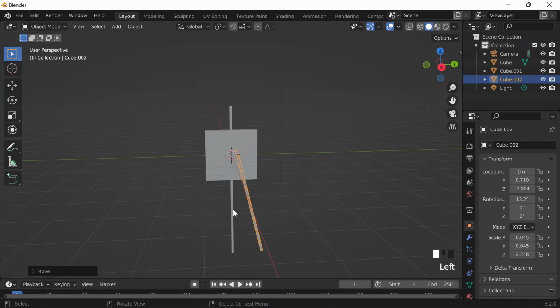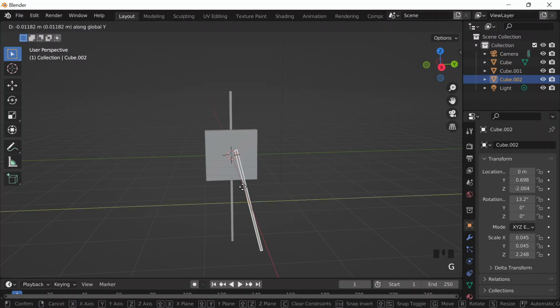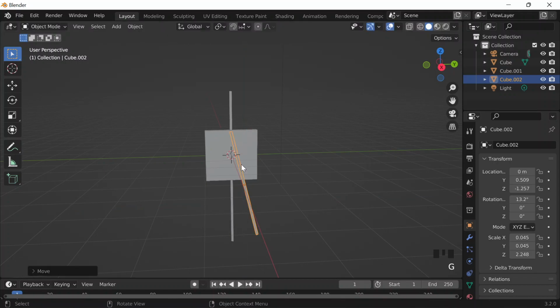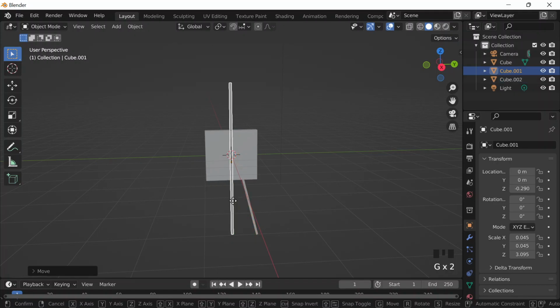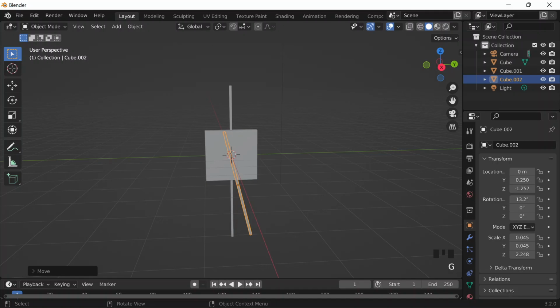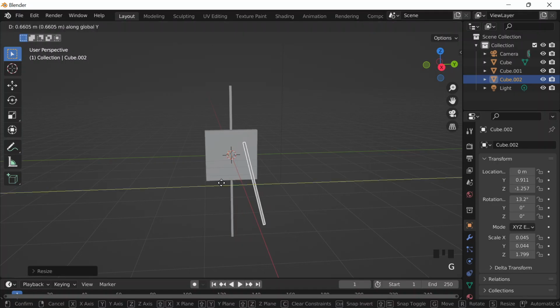Maybe this can go G, grab, G for grab, and then Z, and then move this, G, Y, like that, and then G, Z, like that, but then this shouldn't be G, Z, like that, something like that. Maybe this should be G, Y to make it a little bit more closer, or maybe I should just do S and then Z, like that, and then I'm going to do G, G, Y here, S, Z,